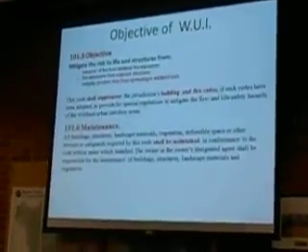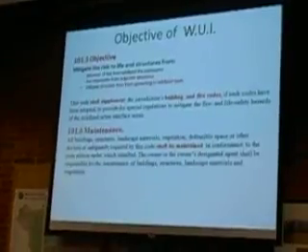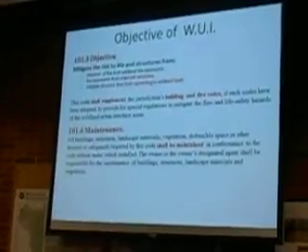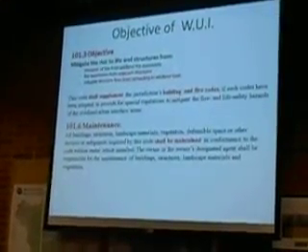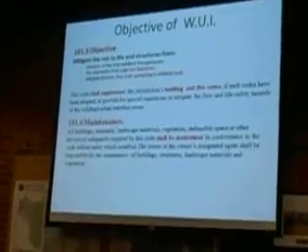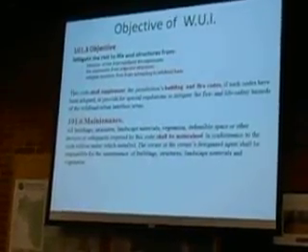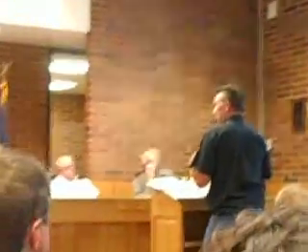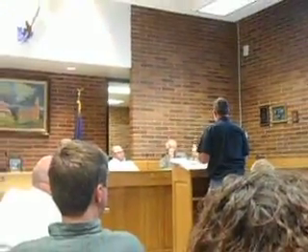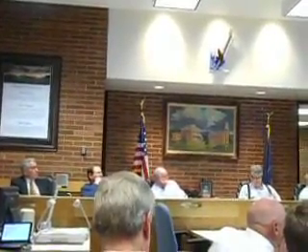So it also talks in that section, this code shall supplement the jurisdiction's building and fire codes. The wildland code is a standalone code. It's not a fire code, it's not a building code. It takes a lot of every portion of it, some more than others, and puts it into one code as to what we need to do to prevent a catastrophic wildfire. So the important part is shall supplement the jurisdiction's building and fire codes, because everything that we do lessens the